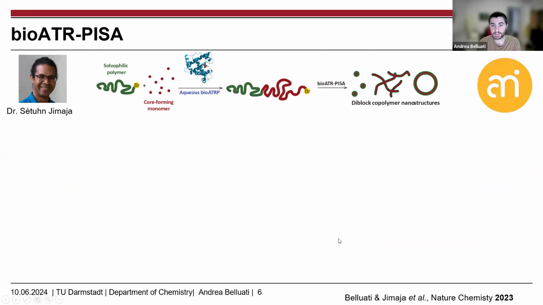Thus, we decided, together with my collaborator in Freiburg, in Switzerland, Dr. Jimaja, to sort of translate this concept of enzymatic polymerization for classical soluble polymers to produce amphiphilic block copolymers that would ideally be extended as they would be synthesized. As catalyst, in this case, we used